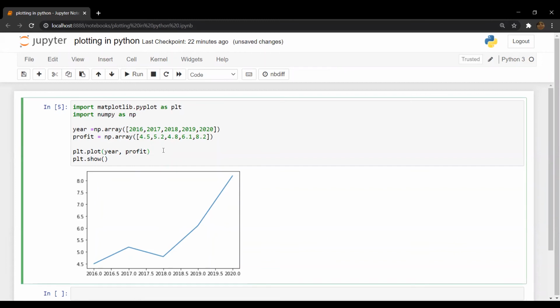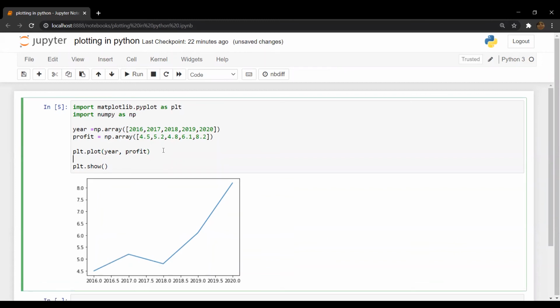So let's see how we can set labels, and plt.xlabel. So plt.xlabel will set a label for our x-axis, and in the double quotes I can give the label.